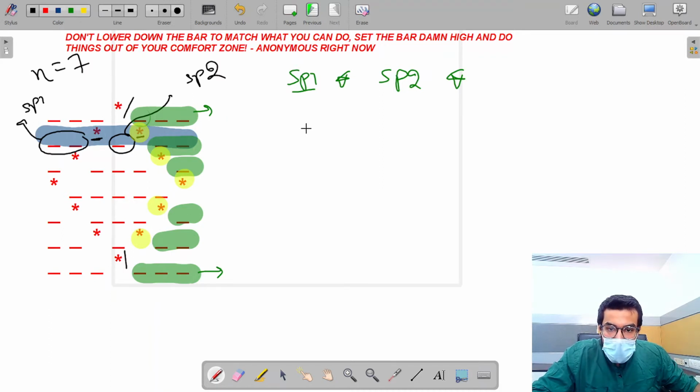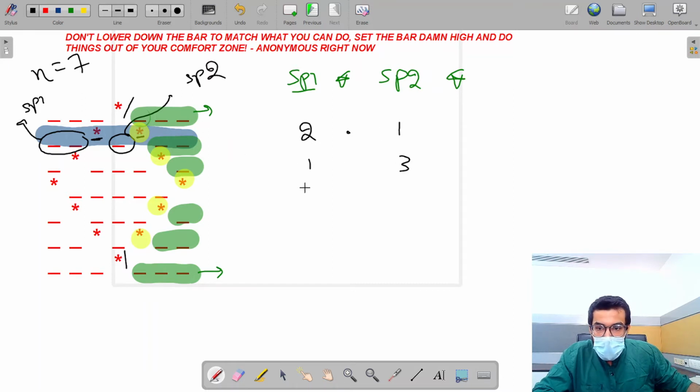In the second line there are two spaces, so the value of sp1 will be 2, then there is a star, then the value of sp2 is 1. For the next row sp1 is 1, and this is 3. For this one sp1 is 0, this is 5, then this is 1. The value of sp2 over here is 3. As you can see, this is 2, this is 1, and then this is 3.